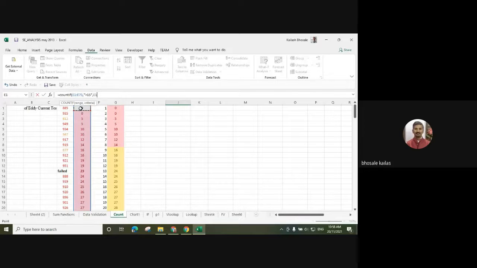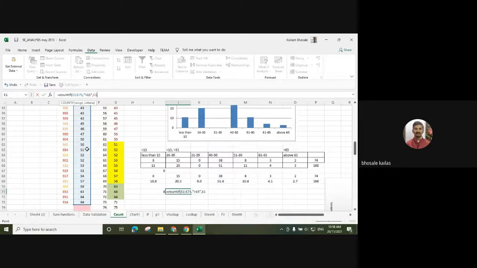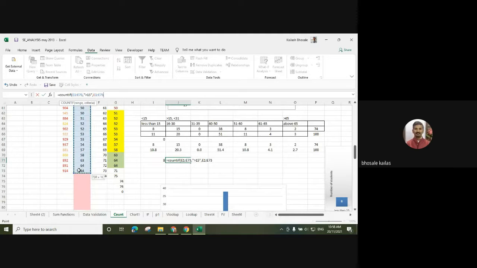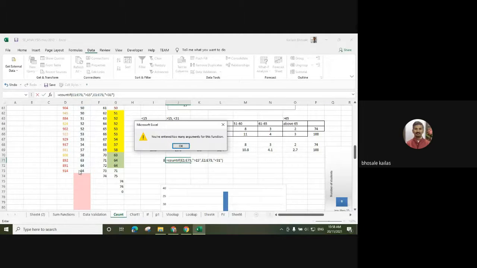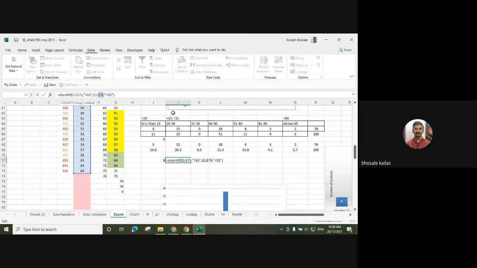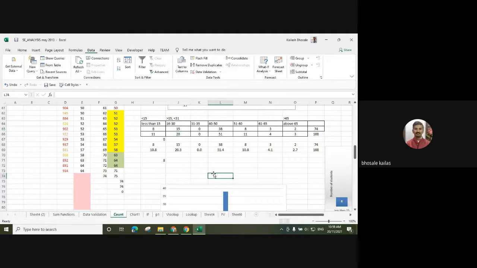Similarly, we can use the second criteria also, less than 31. If you want to find the numbers between two values, then we have to use the COUNTIFS function. So this is the function COUNTIFS.